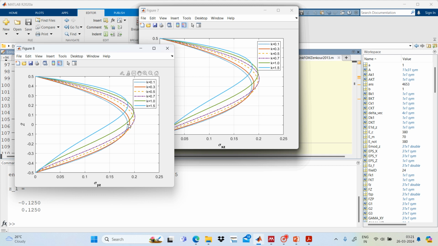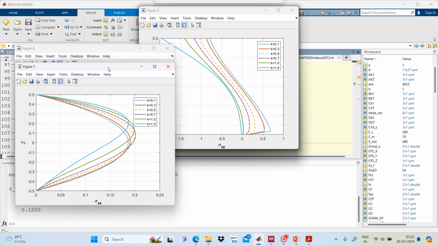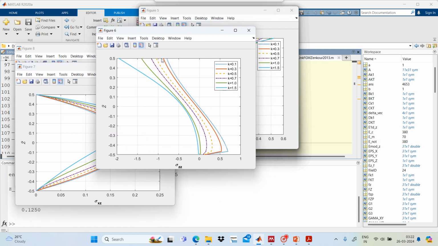Okay, and then that is the least stresses we can see, and then as k values are increasing, k 0.3, 0.5, 0.7, 1.0, 1.5 and all, so these are showing the characteristics of the metallic properties. Okay, similarly same for the sigma xz, then this is showing the sigma zz,